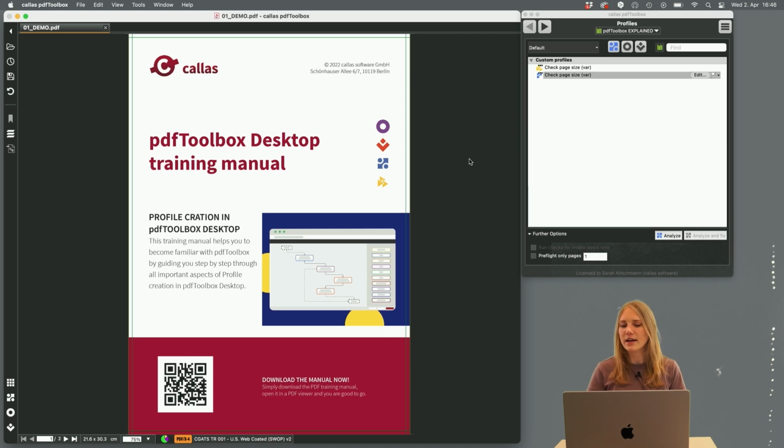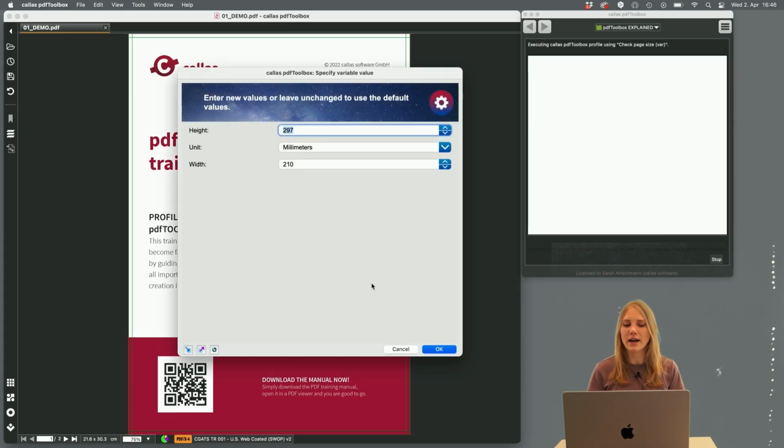Here in my example, I have a profile that checks for the page size of my document, and if I run it, you can see I have 3 variables in it, one for the height, one for the width, and one for the unit. And by default, pdfToolbox will display these variables in alphabetical order. As you can see, first the height, then the unit, then the width, and this is according to the variable